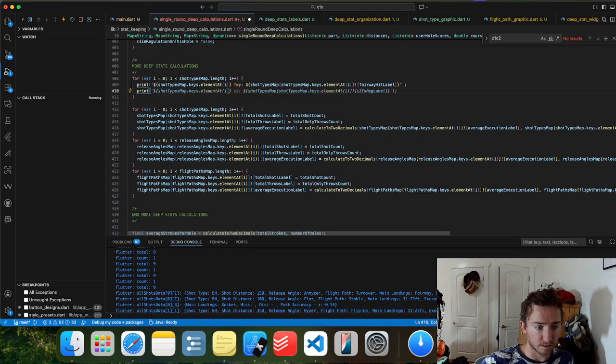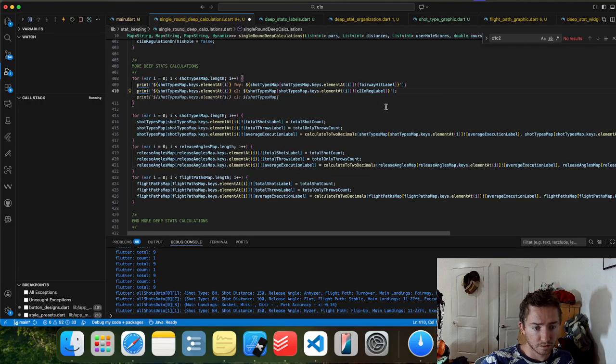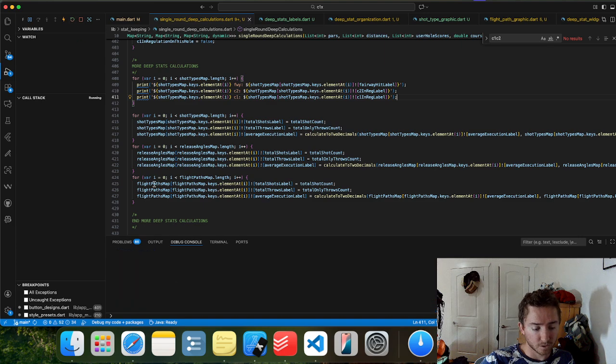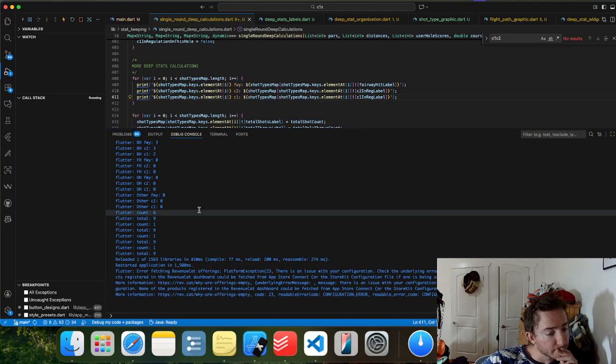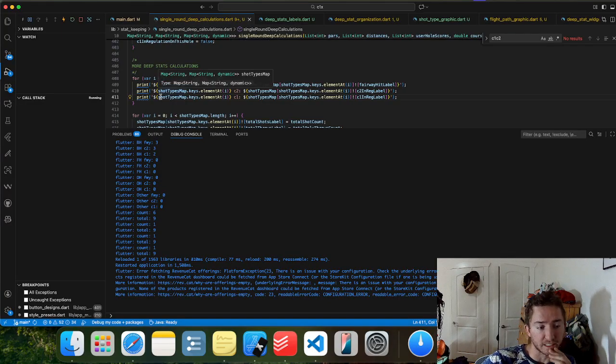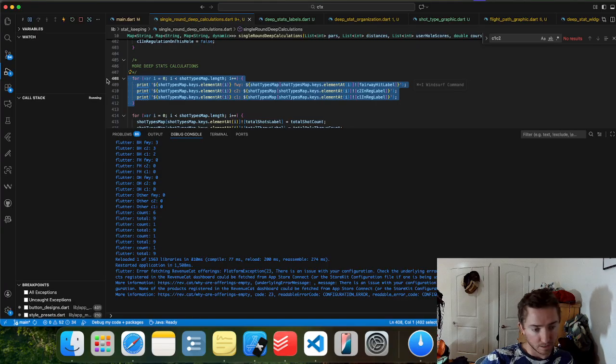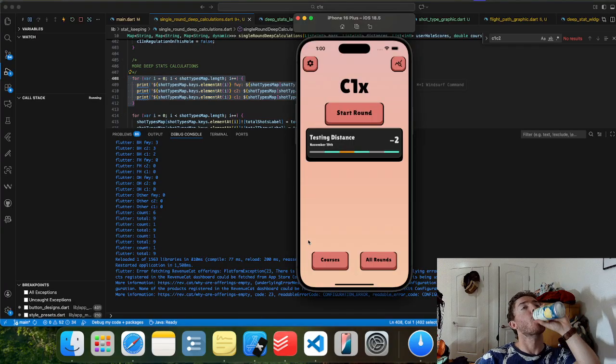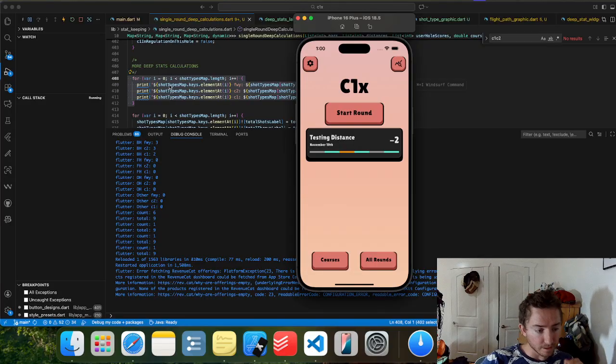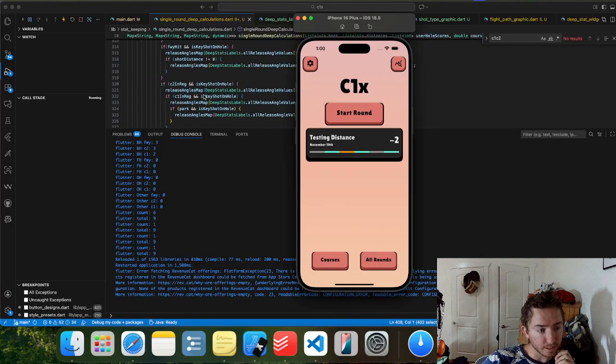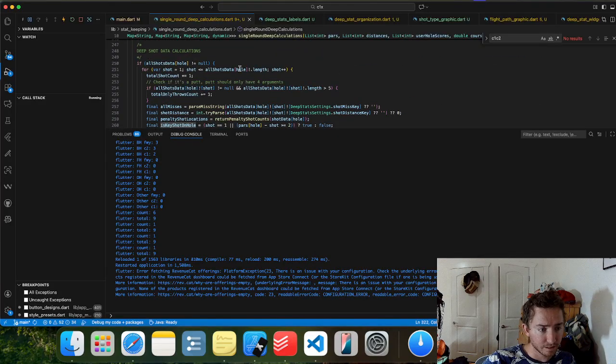Say no suggestion there. Yeah. Okay. So that is what it's calculating. Okay. So again, it's showing the information that it thinks it's supposed to be showing. And if I go back up here and we print it out again,